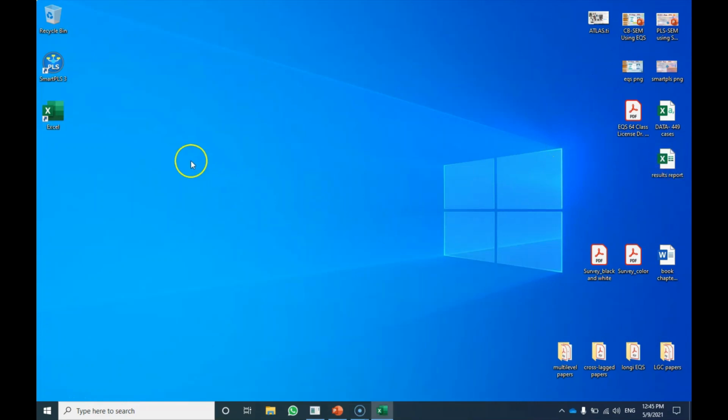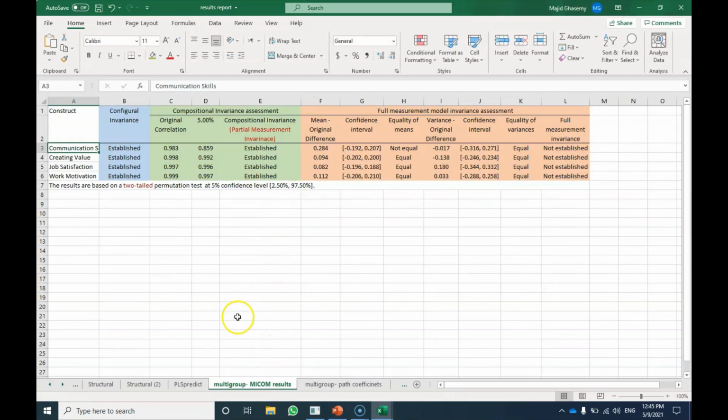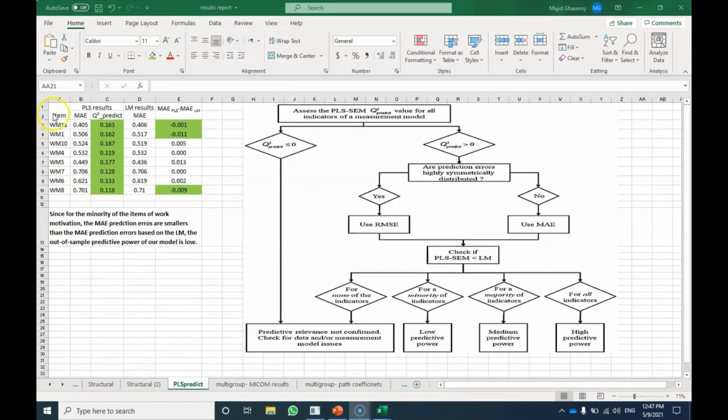So let me just open this file. All right, and here you would see that for all of the items of work motivation, I have the MAE prediction errors based on PLS, and also I have the MAE prediction errors for all of the items based on the linear model. And here I have the MAE prediction errors based on PLS minus MAE prediction errors based on LM, and you would see the results here, and we only have negative values for those three items. So this is how you can simply create a nice table